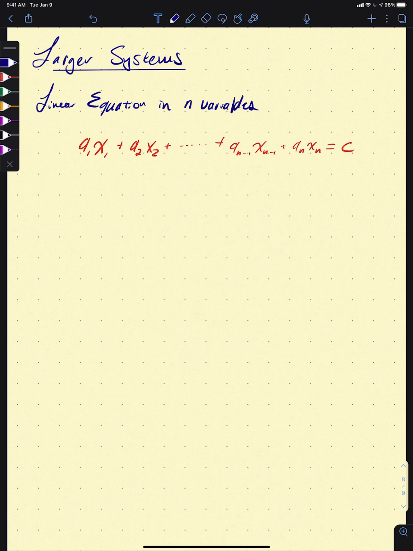And we have the following, that a1 through an and c are real numbers, and the x1, x2, all the way through xn